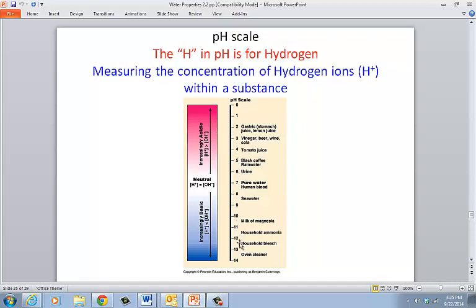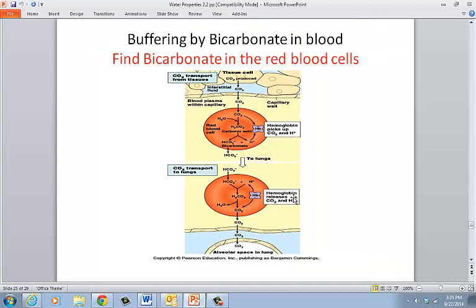A real easy way to remember that is A, acid. A comes before B alphabetically. So on this scale, we're going to find acids before we find bases. Very simple way to measure it. All right. Now,